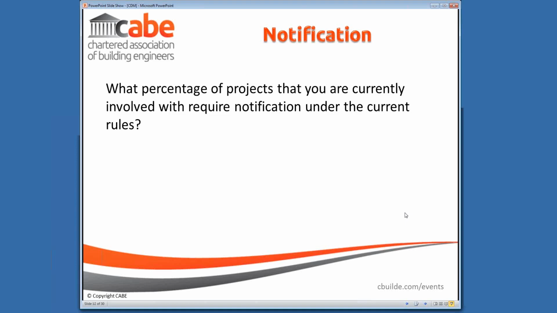So I'm going to ask you now, if you are involved with the project, and I appreciate you're not all involved from a CDM coordinator or designer point of view, but if you're visiting a project for any reason, what I'm asking now is, how many of the projects you're involved with do you think would require notification under the current rules? So last more than 30 days or have more than 500 people days. So under the current rules, I'm going to ask the question again in a moment under the proposed rules to see what the change is. What percentage of projects do you feel are actually within the current rules for notification?